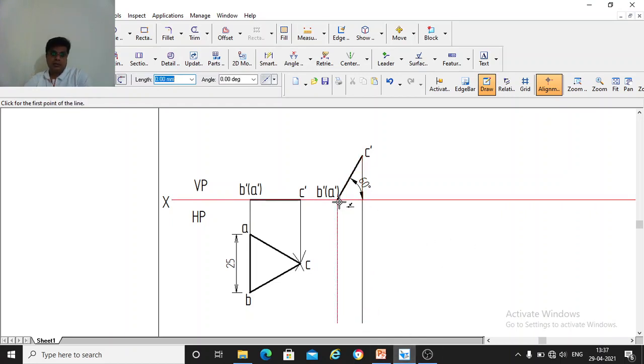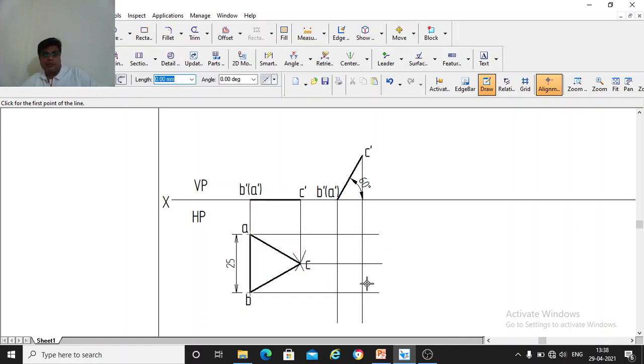The front view is there, and in the previous stage the top view is there. So from A, from B, and from C you draw horizontal lines, straight and horizontal.